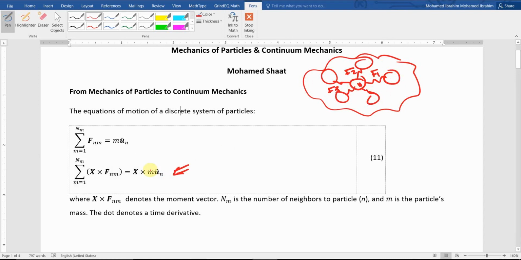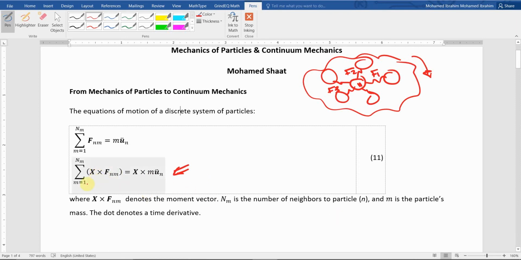of particles. So in this case, we have to consider the second equation, or consider the moment due to that force, as we discussed in the previous meeting, as x cross F, where x is just a displacement vector, and the force is another vector. The cross product gives a vector which is related to the rotation of this discrete system of particles. You assume that all of these particles are going to rotate rigidly